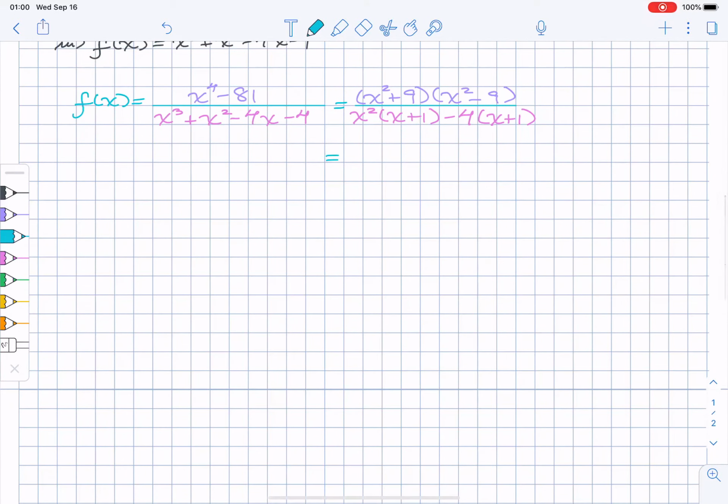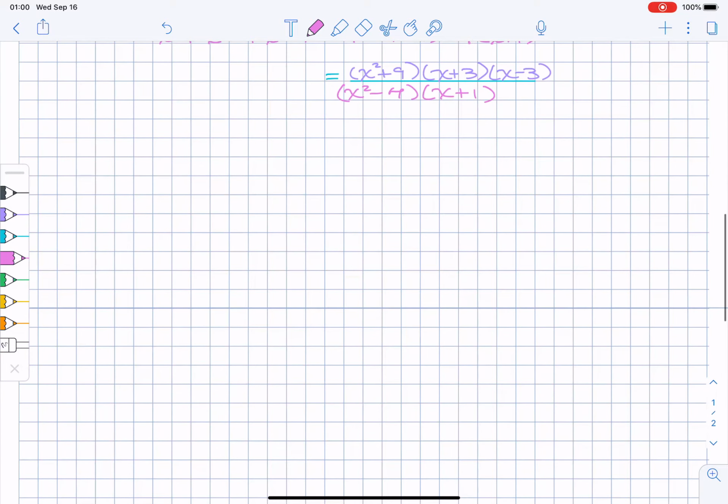Okay, so factoring, once again, the second factor in the numerator can be expanded. The first factor cannot be expanded except over the complex numbers, so I'm just going to leave it. So x plus 3, x minus 3, and then we'll have x squared times the quantity x squared minus 4 times the quantity x plus 1. However, x squared minus 4 also factors as a difference of squares, namely x plus 2 times x minus 2. So we can rewrite this as